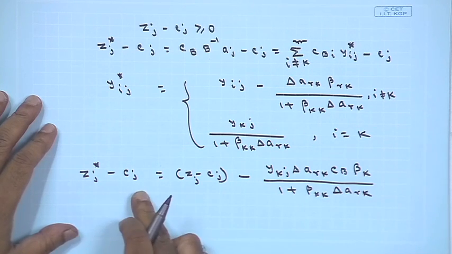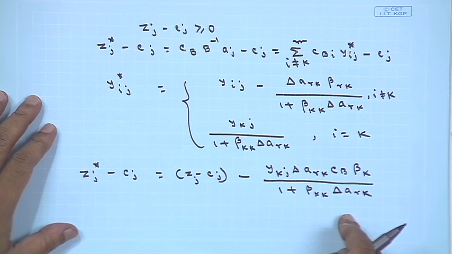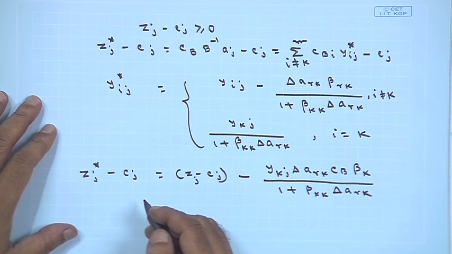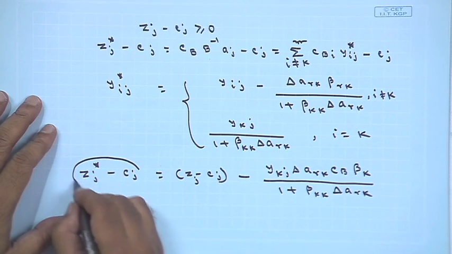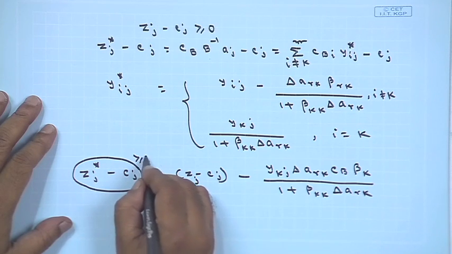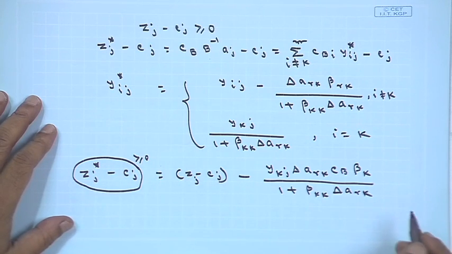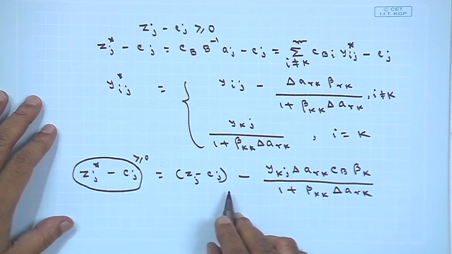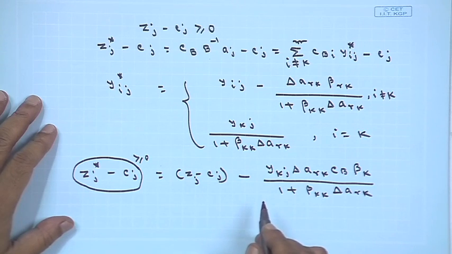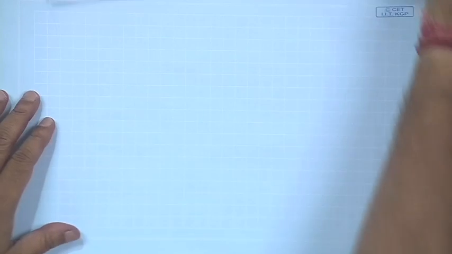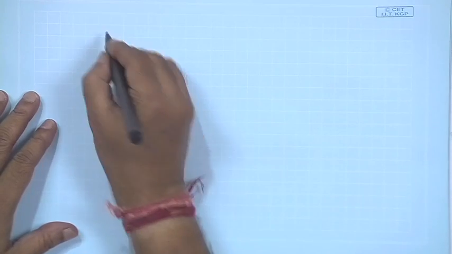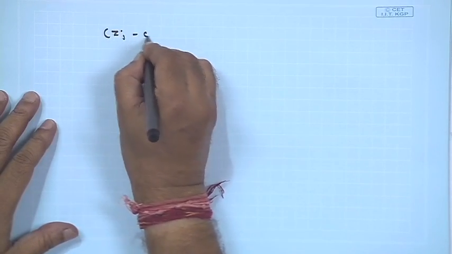So, once I am getting z j star minus this, and for optimality your z j star minus c j, this quantity is greater than equals 0, or in other sense this one z j minus c j into delta r k, this should be greater than equals 0,